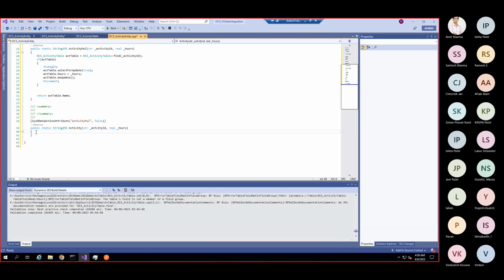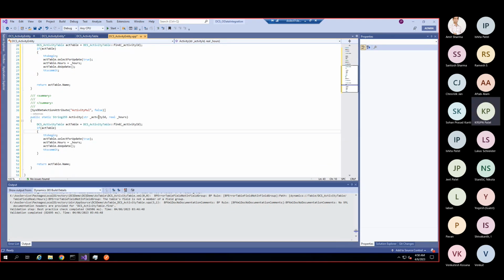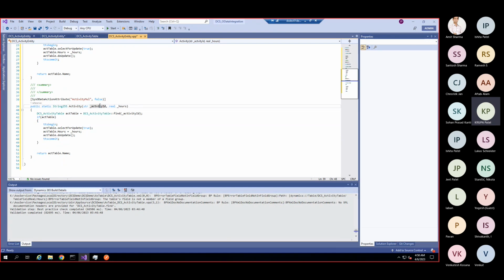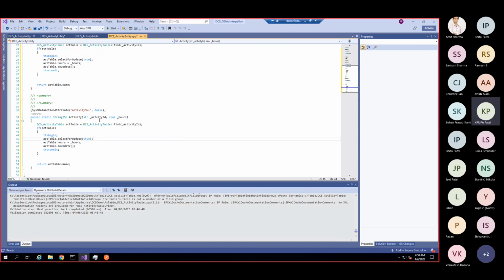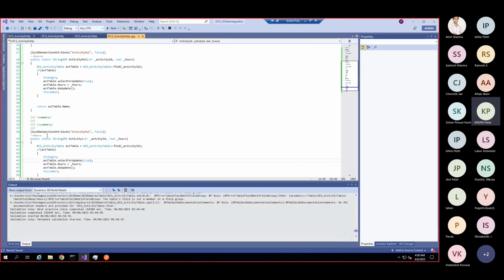And here I will write the code for the update. So when we run the Power Automate flow, we just need to pass the activity ID and hours. Based on the hours we have passed in the parameter, it will be reflected in our activity table and it will get updated when we run the Power Automate flow. So let me just build it first.